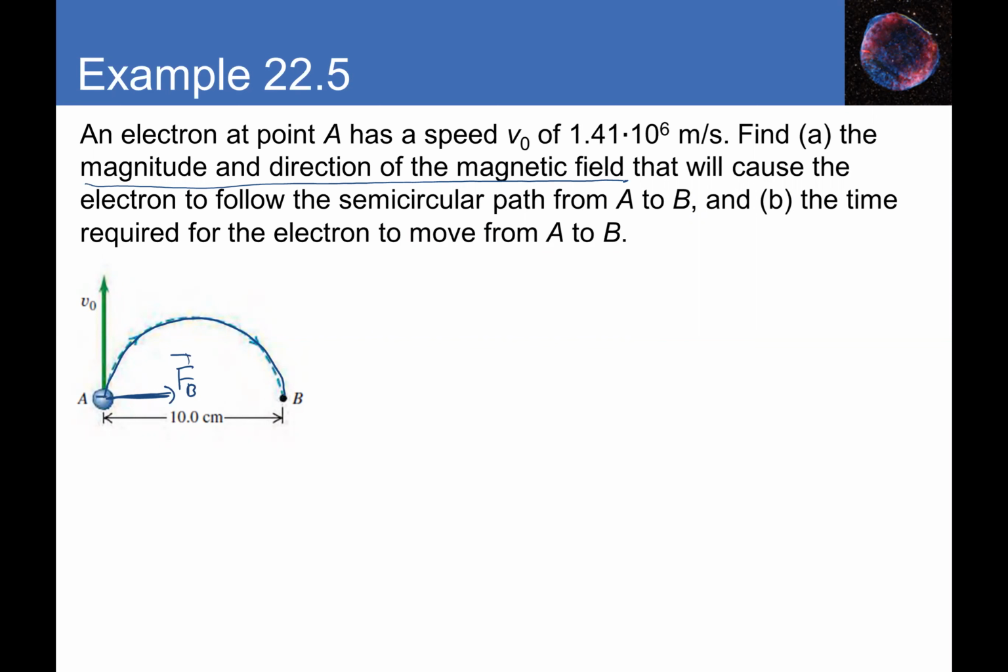That means, for example, if I use my fingers in the direction of the velocity, my thumb then should be pointing in the direction negative of the force that I drew on the picture. Remember, in this example, I'm given velocity and force, and I need to find the field. And the only way I can do that is by understanding that my thumb should be pointing to the left, right? Because the right-hand rule gives you the force direction, which is opposite of what it would have been in this particular case. So my thumb should be pointing to the left, my fingers should be pointing up, and when I curl it down, you can see that if I curl it in the direction of the magnetic field, it will be curled into the page. That means the magnetic field here is everywhere into the page. So there's a magnetic field pointing into the page everywhere in this region. Okay, that's the